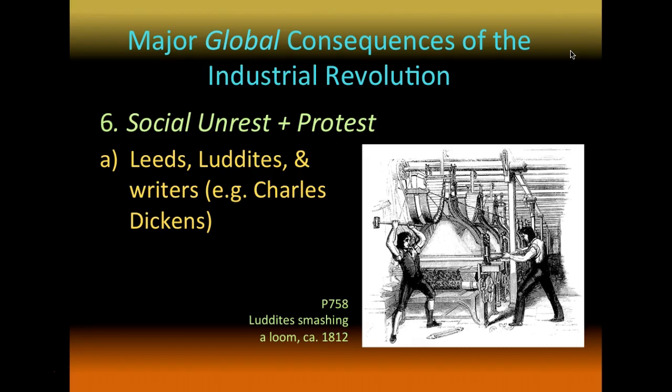And then there were writers like Charles Dickens who wrote A Christmas Carol. And there's that guy Scrooge who makes things really harsh on the people and is just a terrible person. Charles Dickens was trying to show mainly upper and middle class women, who were a lot of his readers, how bad the workers had it. And if these upper class and middle class women had empathy for the workers, they would talk to their husbands, and eventually, perhaps, things would change for those workers.